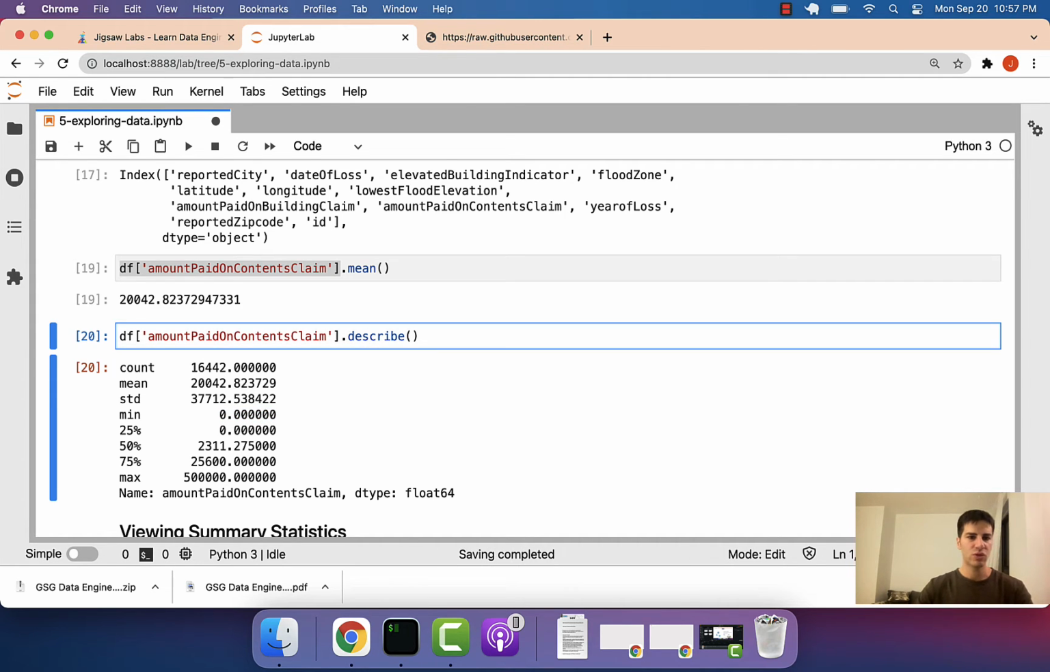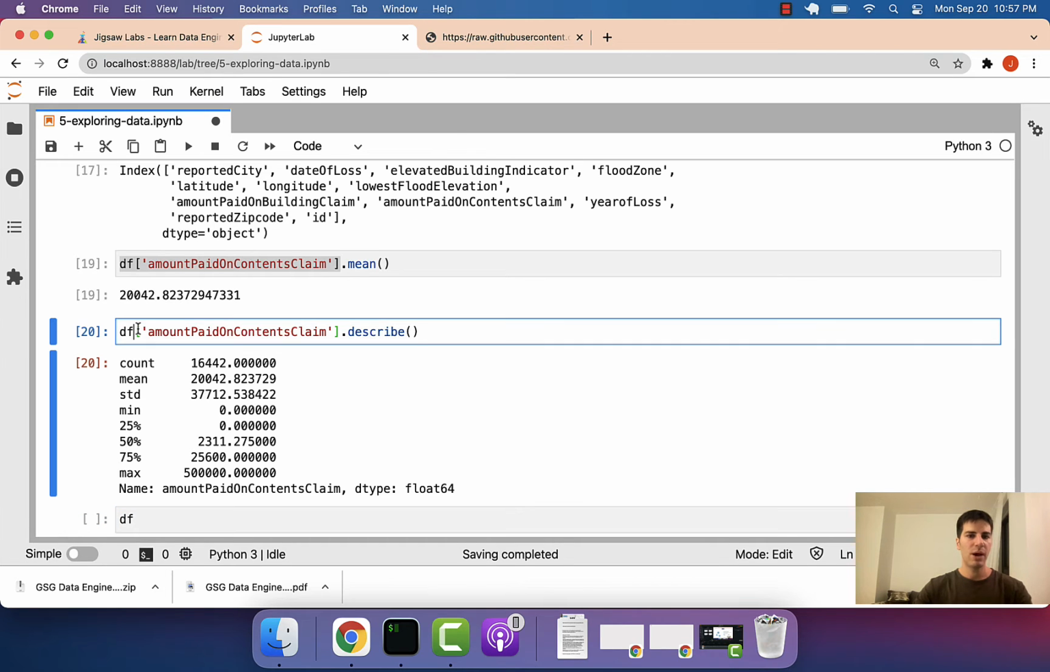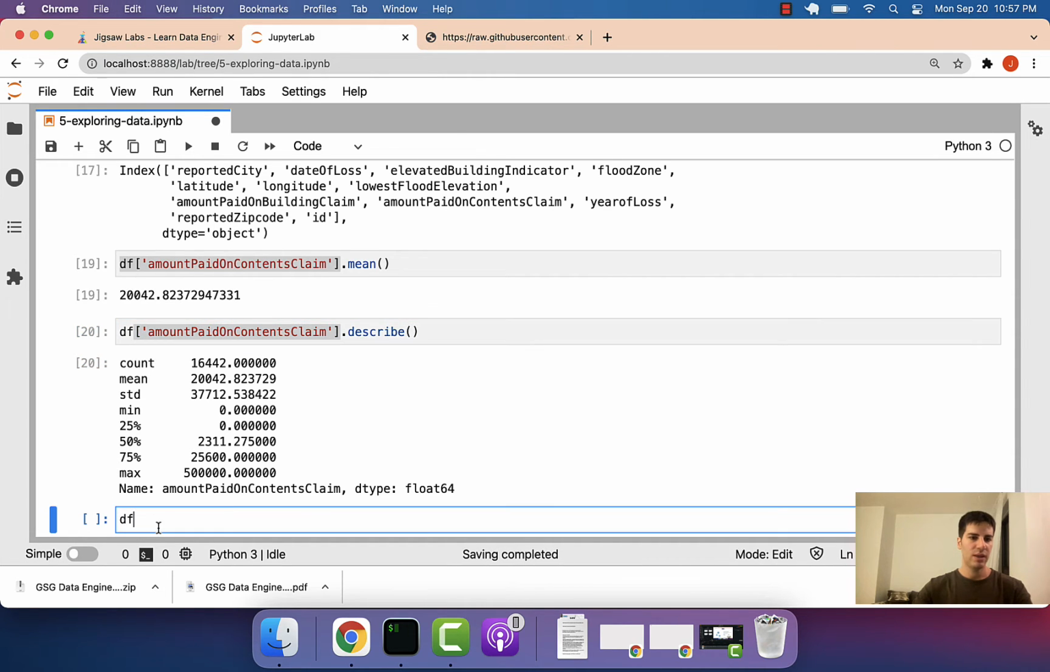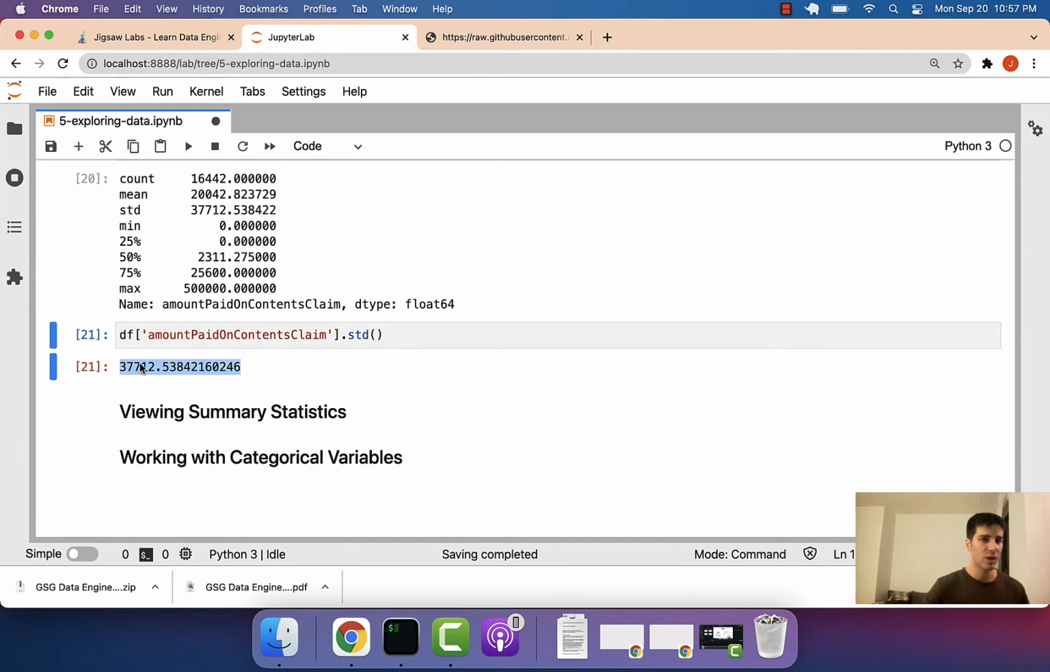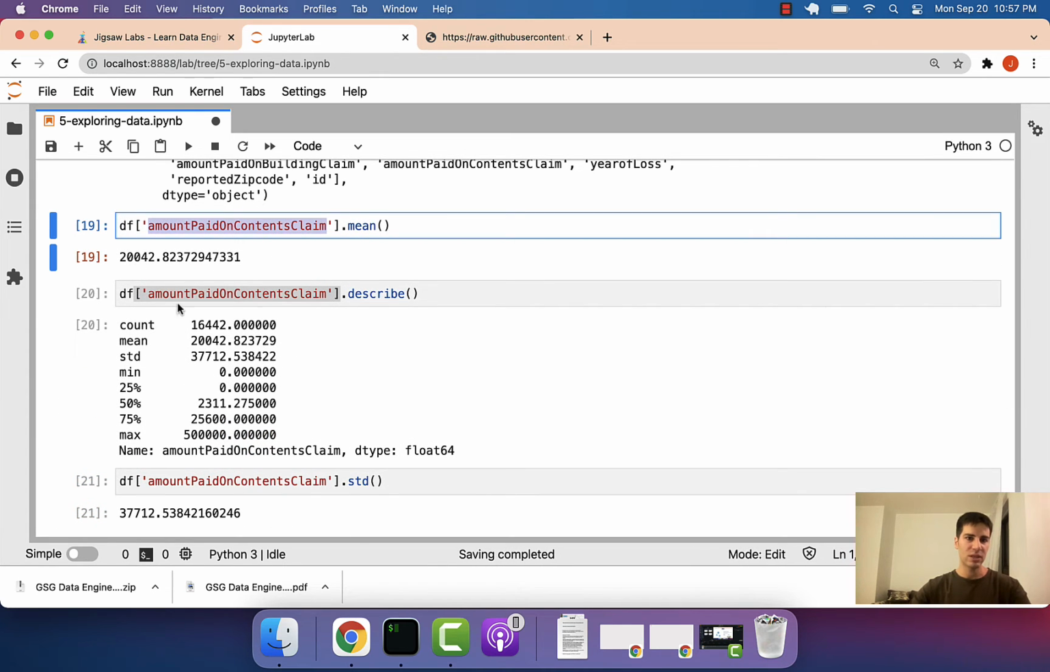Once you call describe, lots of times you can then specifically ask for any one of these values. For example, we could do df amount paid on contents claim, and then let's see if we can do .std. Can we do that? And that is the standard deviation. I'm not going to go into an explanation of that. It's essentially a degree of deviation from the mean. On average, how much can you expect the data to be deviating from the mean? All right, so we see how we can select data and get summary statistics about a specific